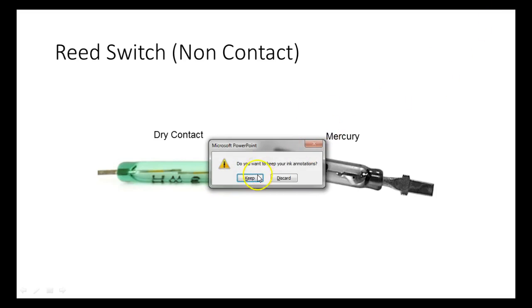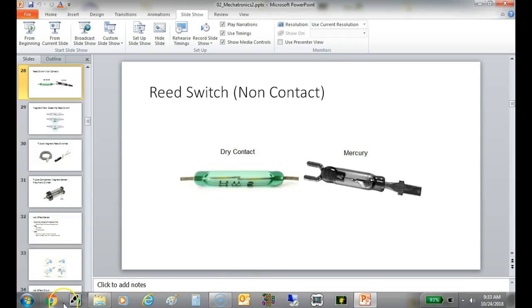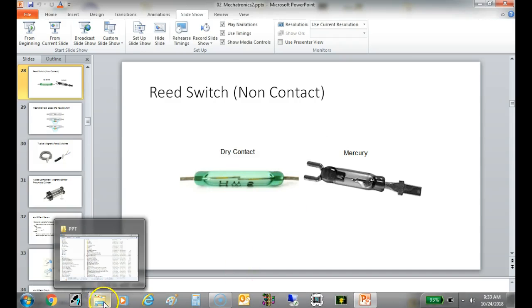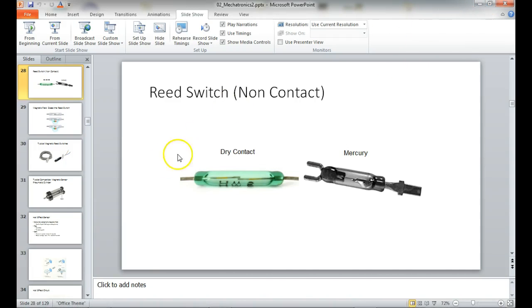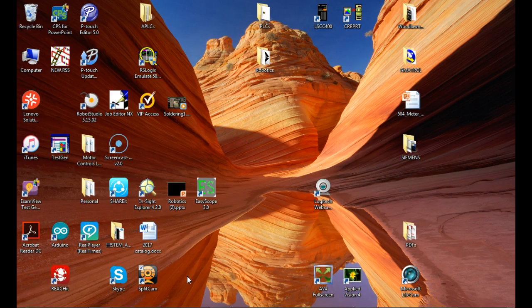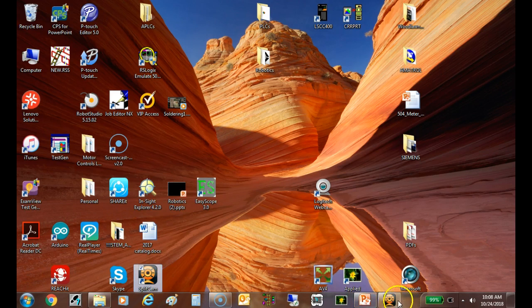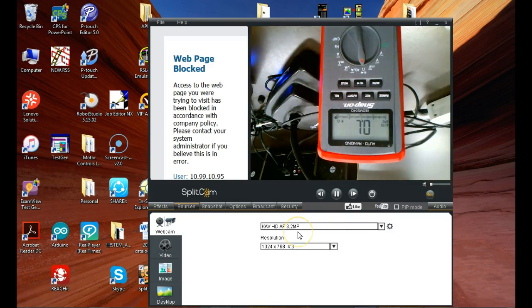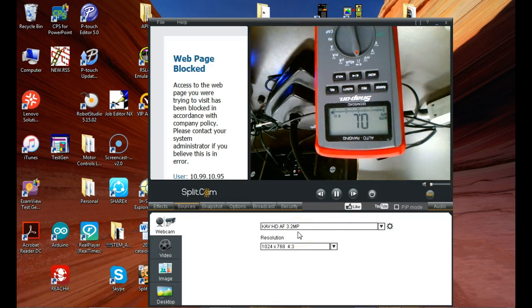Didn't want to do that. I think I'll just have to look at this upside down. So,